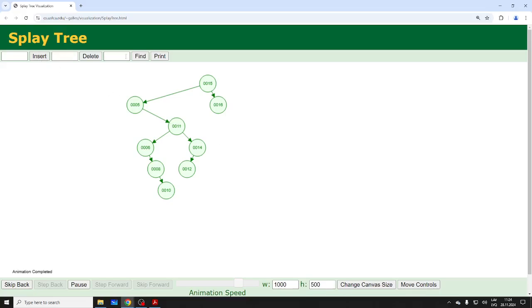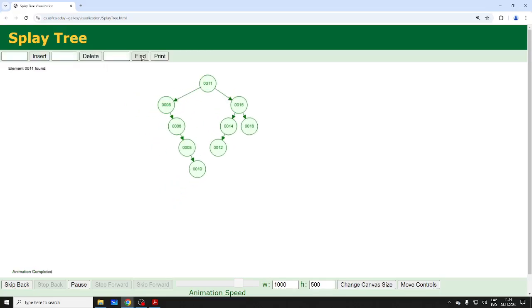So now let's find something. What should I look for? I'll look for 11. If I look for 11, we can find it, but now it's at the top, right? So if I look for 11, of course, nothing happens. That's the only operation. Looking for a root value, nothing will happen. But if I look for 15,